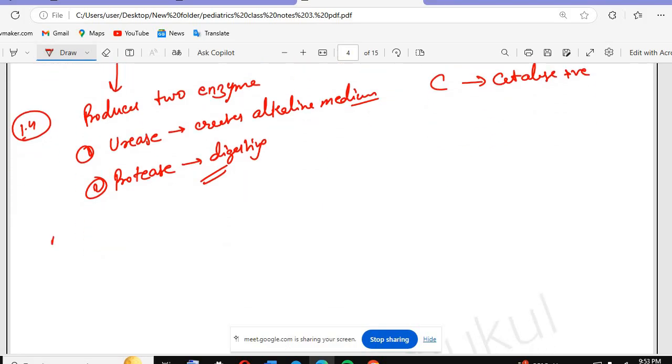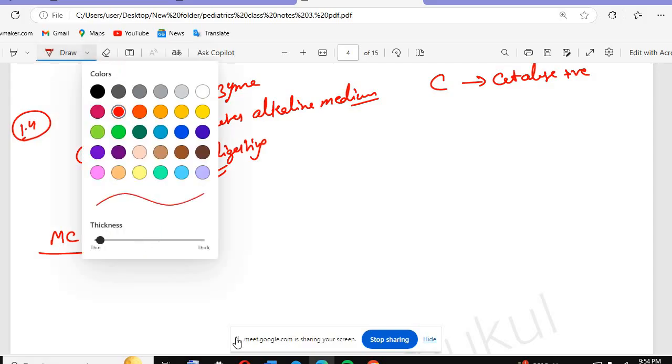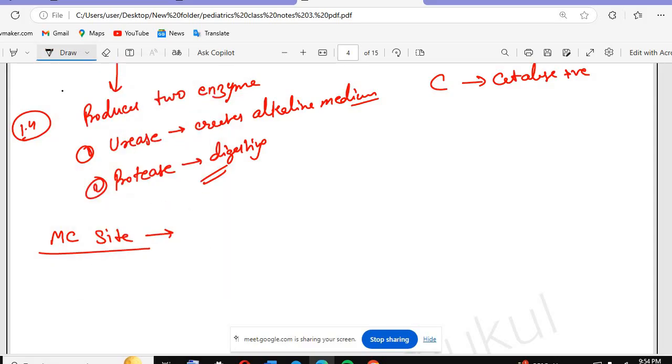Remember that if we talk about the most common site where they will grow or survive, they will go into the stomach. In the stomach, we would be having the